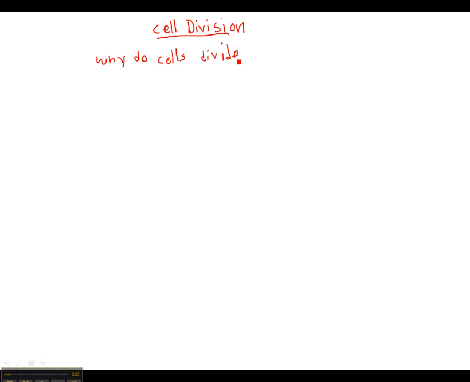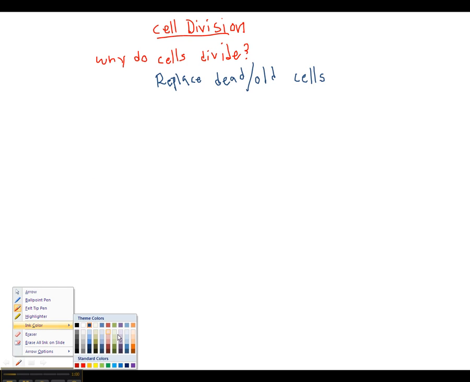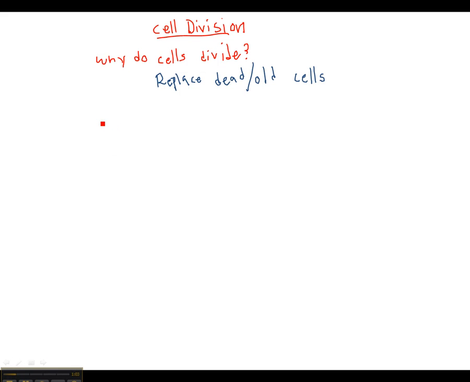Well, most cells divide to replace dead cells, cells that have already done their function. So most cells divide to replace dead or old cells, okay? Because your body is going through cells all day long. You are killing cells in your stomach all day. Also, maybe, oops, I just slammed my hand there. I killed some cells. Cells are happening to die constantly, okay?